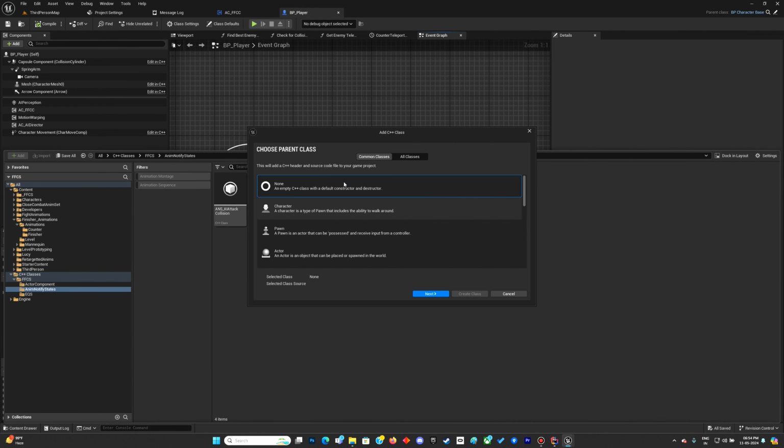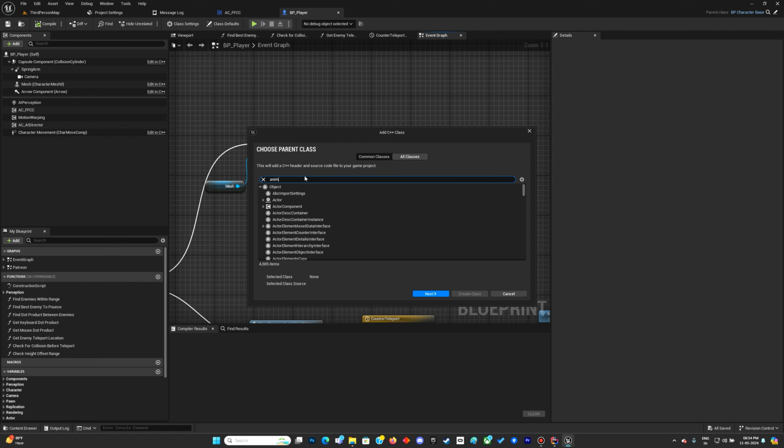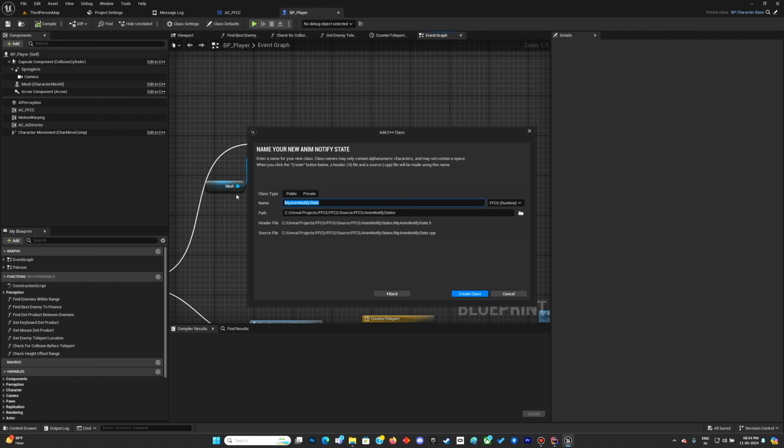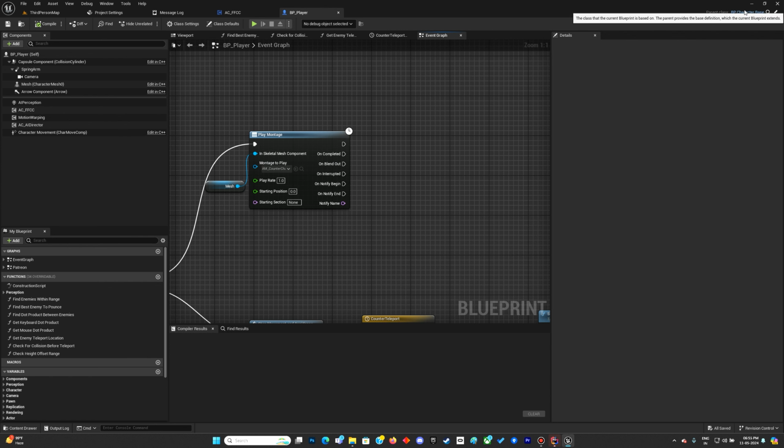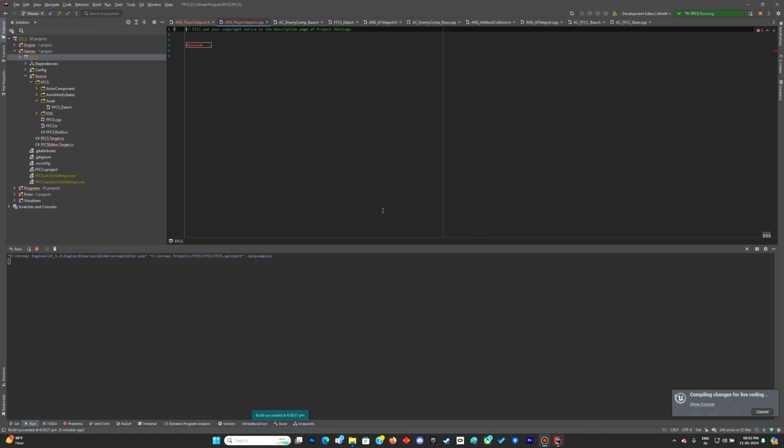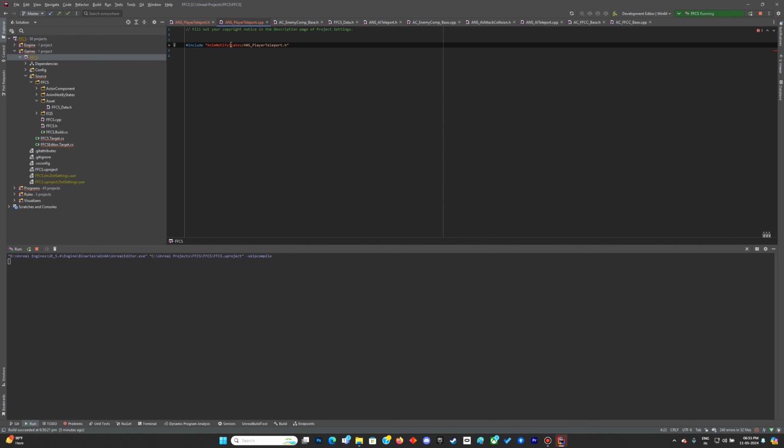So I'll create a new class. Search for any notify state, and this one will be ANS underscore player teleport. Okay, and I will create this class. Now once it is created, I can close this. Over here I will remove this folder reference,